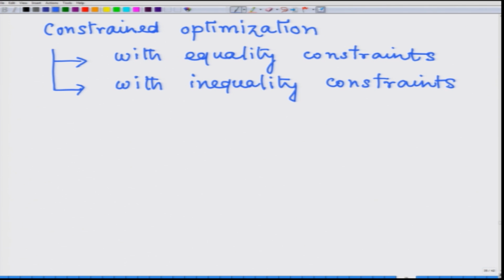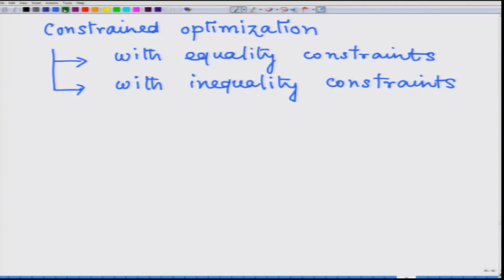Now, we are going to discuss the first type, which is the optimization problem with equality constraints, and now we are going to learn a technique which is called Lagrangian constraint optimization technique, and this technique is named after an 18th century Italian mathematician named Joseph Louis Lagrange. So, we are going to start with a very simple constraint optimization problem